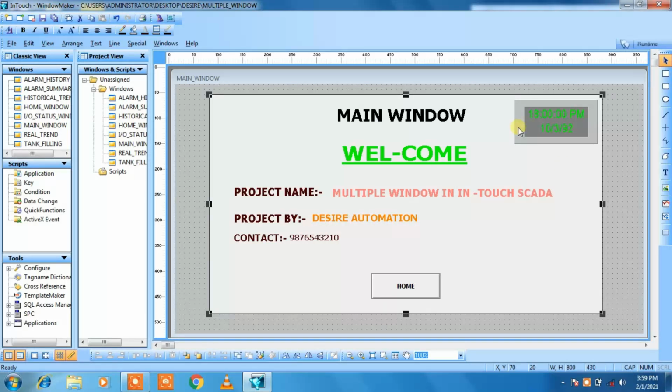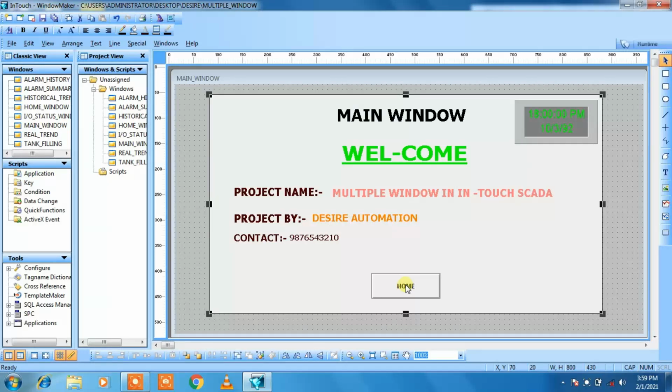Now it is showing 10 March 1992 because this is system time. When we go to runtime, it will automatically show the current time and current date, so don't bother about it. And we have also taken this button as a home button, so when I click on this I can switch to the home window.